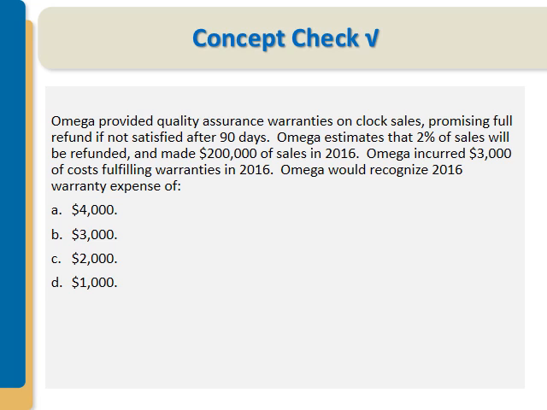Concept check. Omega provided quality assurance warranties on clock sales, promising a full refund if not satisfied after 90 days. Omega estimates that 2% of sales will be refunded and made $200,000 of sales in 2016. Omega incurred $3,000 of costs fulfilling warranties in 2016. Omega would recognize 2016 warranty expense of